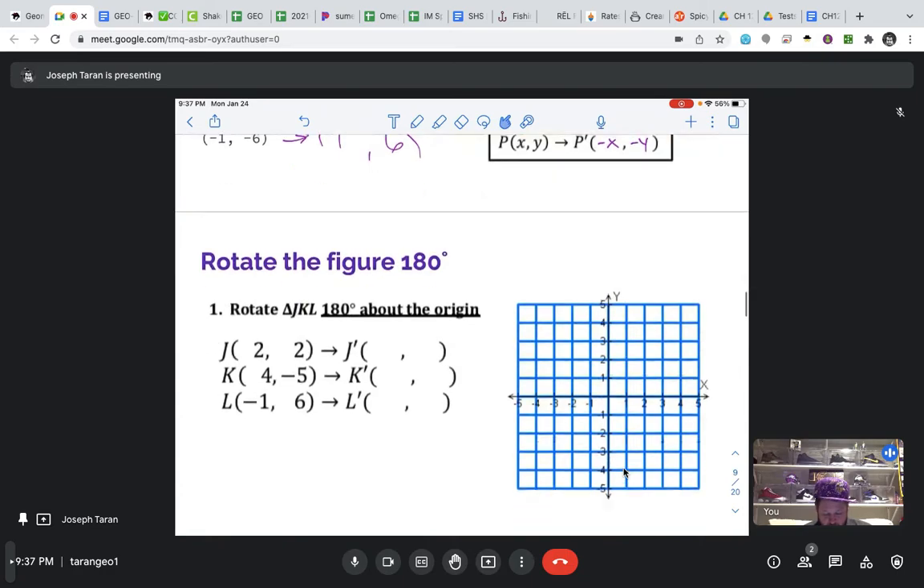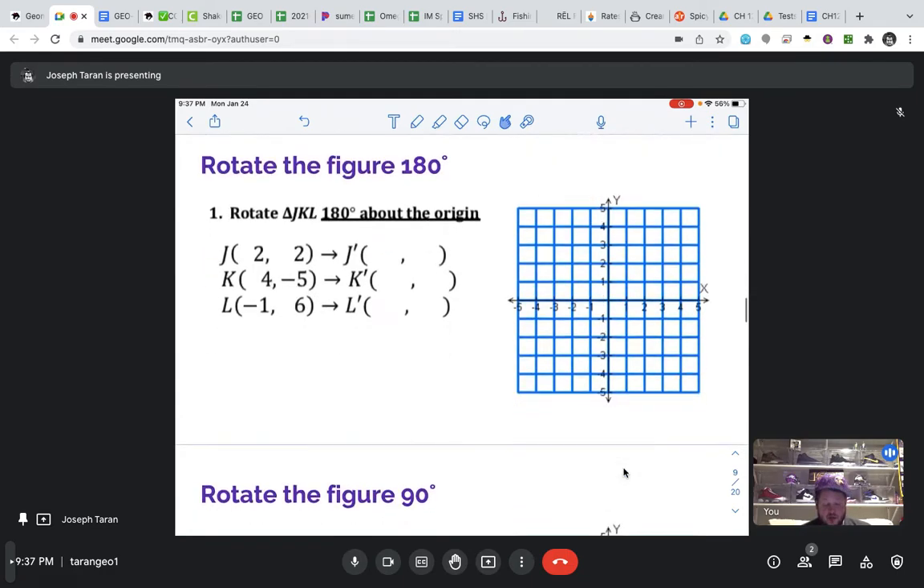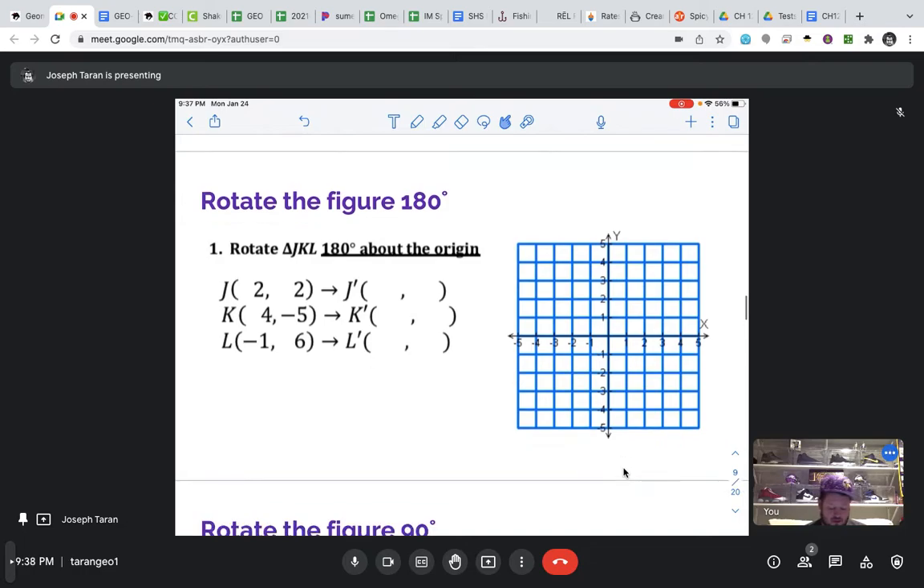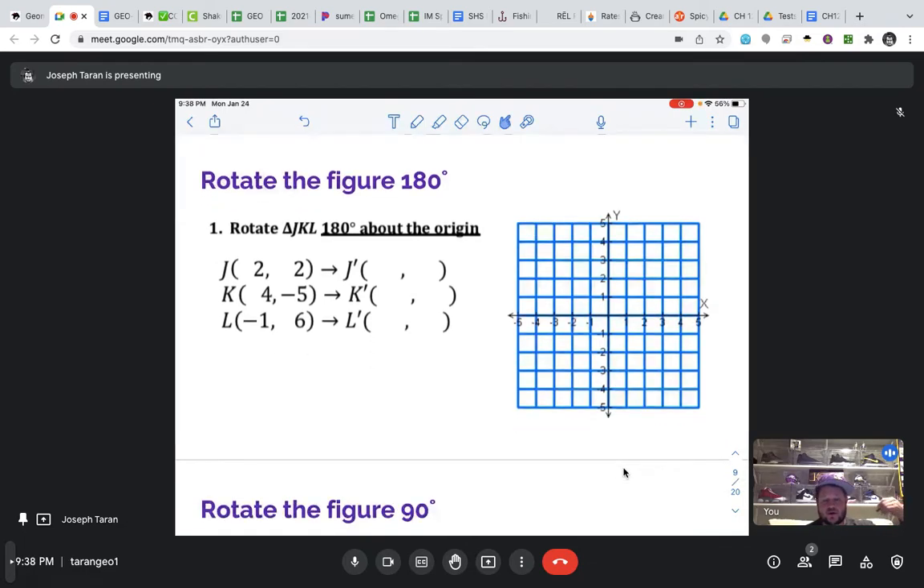We got a couple more examples here. So now, again, we're going to follow the same 3 rules. We're going to plot our pre-image here, we're going to use our rule to come up with our new coordinates, and then we're going to plot our image. So for consistency's sake, let's plot our pre-image in red. So J is at 2, 2,